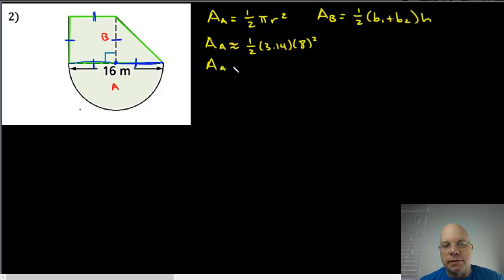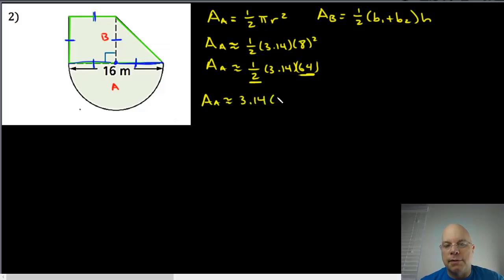Simplifying this, I'm going to do the exponent first, of course. 8 squared means 8 times 8, so that's 64. So I have half of 3.14 multiplied by 64. And then I'm going to associate to my advantage. I'm going to multiply 1/2 times 64, since 64 is an even number. And that's 32, so the area of region A is approximately